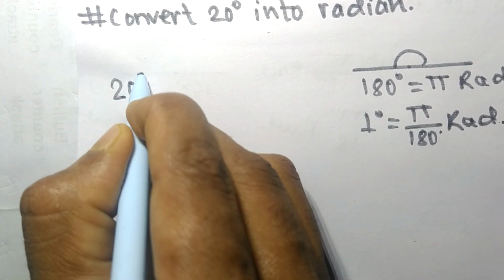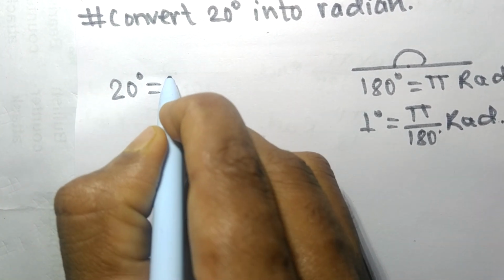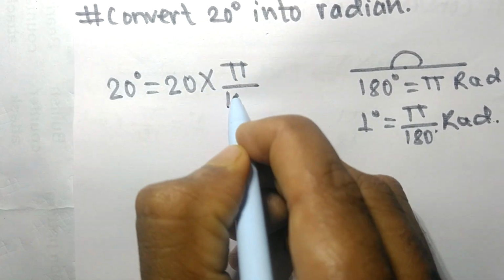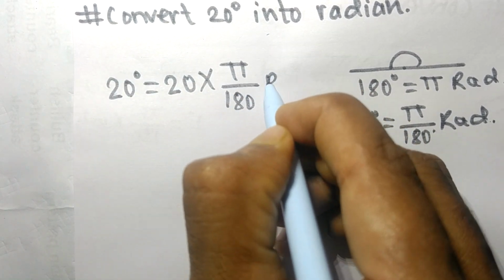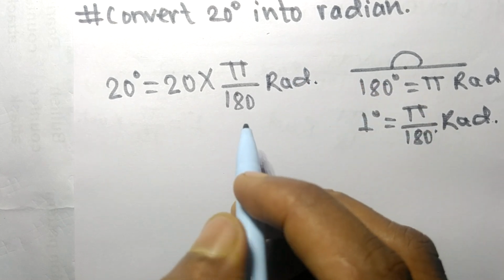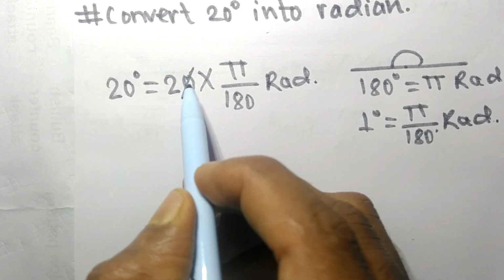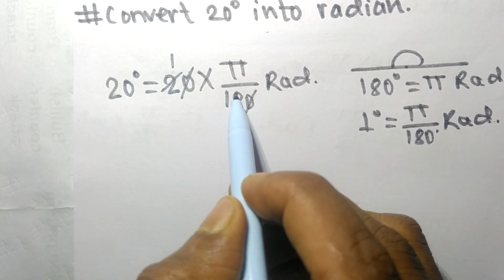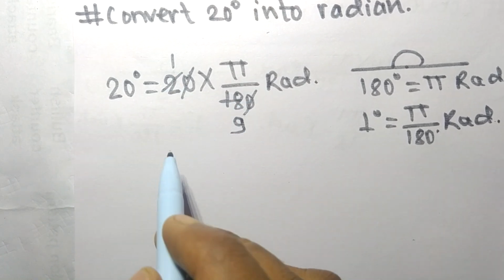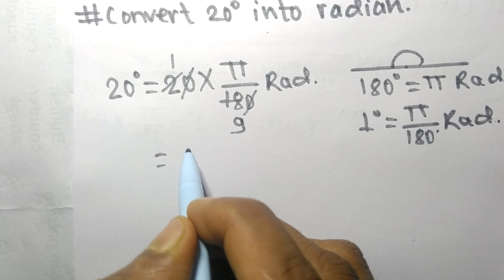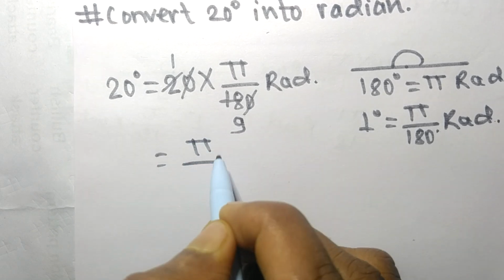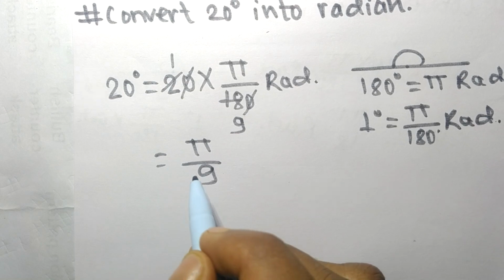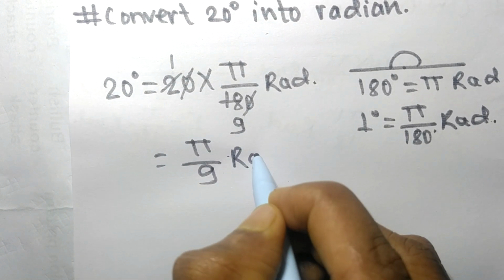So 20 degree is equal to 20 into pi by 180 radian. So now we cancel the numbers. So 0 0 cancel. 2 times 1 means 2, 2 times 9 means 18. So in the upper part we have pi, in the downward we have 9. So 20 degree is equal to pi by 9